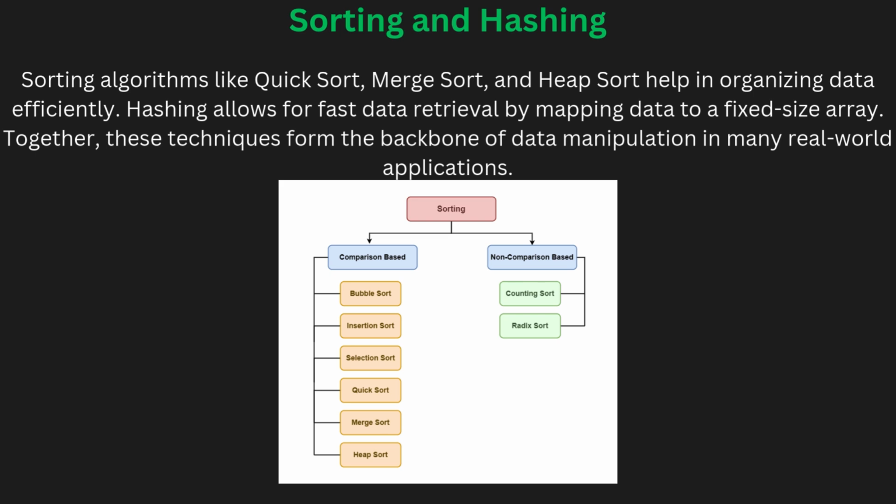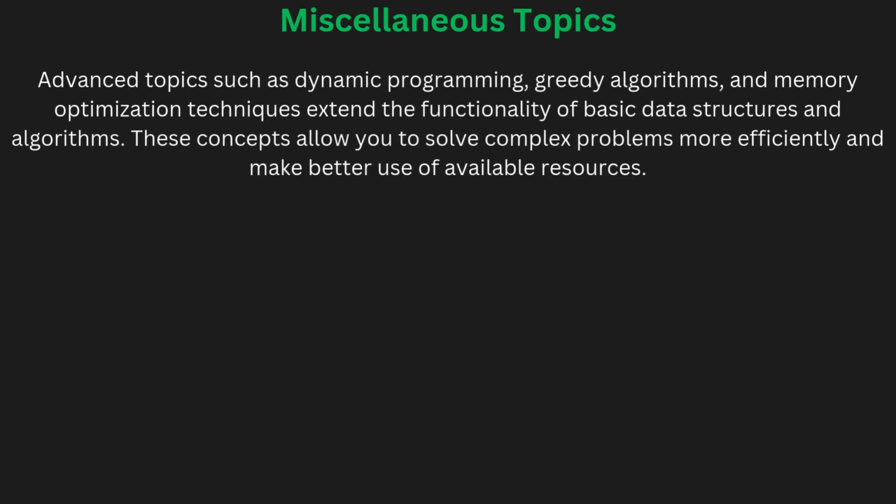So now some miscellaneous topics. These are some advanced topics in data structures and algorithms that are essential for solving complex problems. These include specialized algorithms for dynamic programming, the greedy approach, graph-based algorithms such as minimum spanning tree, and the shortest path problem. We will also touch on space-time trade-offs and how to make algorithmic decisions based on the available resources. Understanding how to apply multiple data structures and choose the right algorithm for a given problem is key to